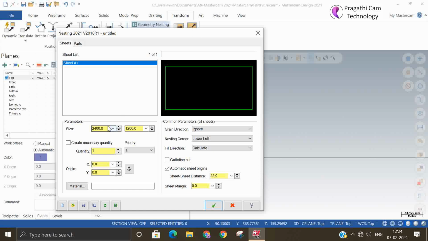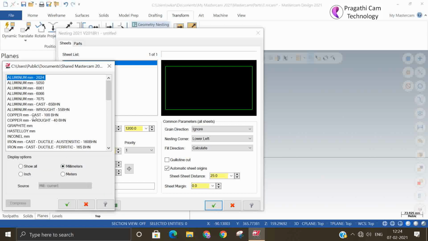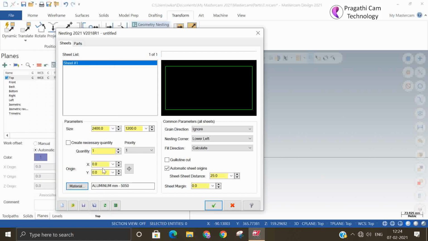So first of all, you select the geometry nesting. Give the sheet size. You can switch on or switch off create necessary sheets; otherwise, you can leave it as a single sheet. Where you want to add the origin and what is the raw material that you are going to route. If you want, you can give a margin. It means that leaving that margin, it is going to do the cutting.